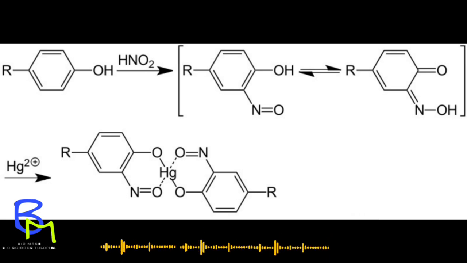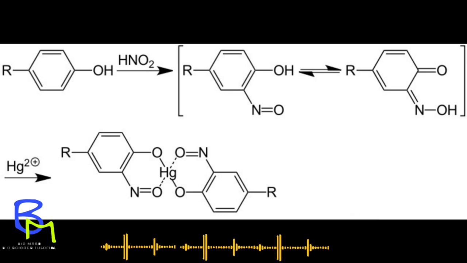Mercury present in Millon's reagent is acidified with nitric acid, giving nitrate and nitrite compounds of mercury. Tyrosine is the most common amino acid found in proteins except gelatin. Tyrosine has a hydroxyphenyl group. The hydrophobic group is in the core of the protein. The protein is denatured by mercuric sulfate in boiling water, exposing the hydroxyphenyl group.